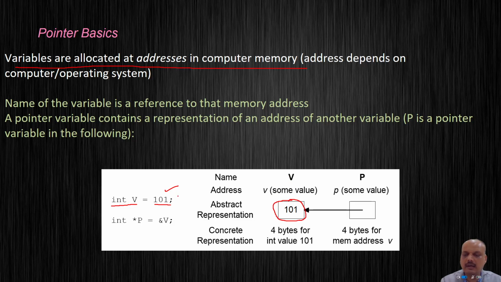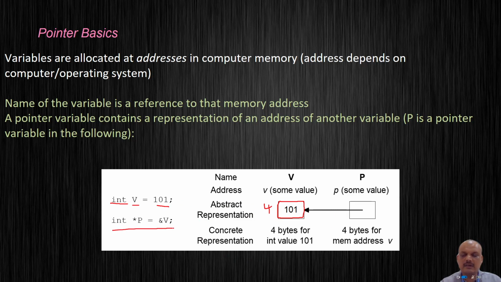So out here, I have an integer variable v. What does that mean? That means my C compiler has allocated 4 bytes of memory to store integer data, and the data, once defined, gets stored into this particular memory address. So that is what happens when an integer variable is declared and initialized.